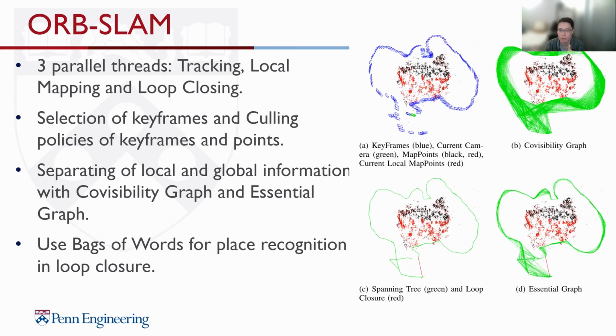Another popular one is Open Visual SLAM, but they closed the GitHub repo, while this one is still open source. So the way this algorithm attacks the three challenges is that the first thing is it separates